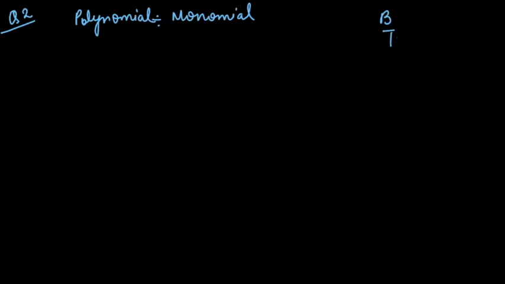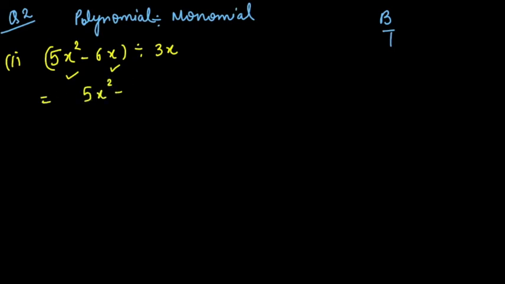Okay. So let's see the first part of this question, which is 5x squared minus 6x, and you have to divide it by 3x. Now you see there is one term and then a second term. So it means the given expression in the numerator is a binomial to be divided by 3x. So if I write it as 5x squared minus 6x upon 3x. One thing which I would like to mention here, you cannot cancel this term separately with 5x square and 6x. I mean, we cannot cancel the terms like this.